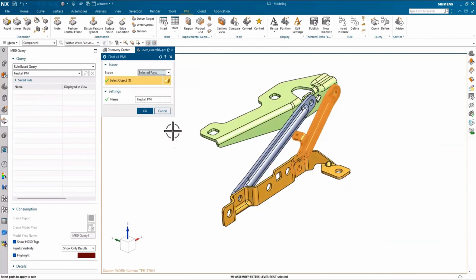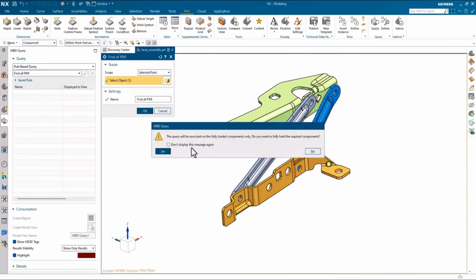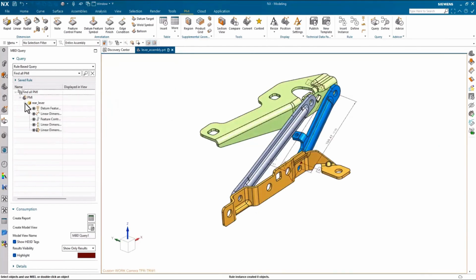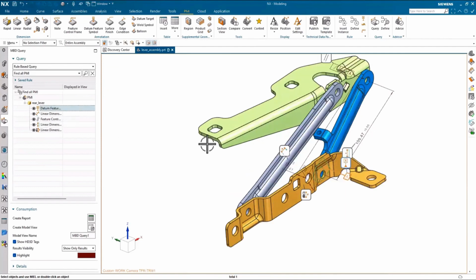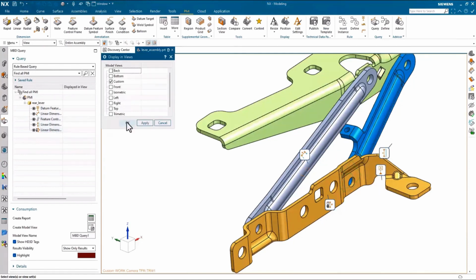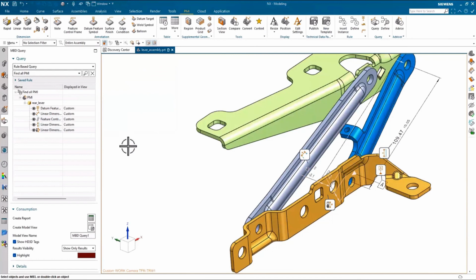Do I want all the part files, which would probably be too much information, but you can easily select a component, certain information, and drill down with that. So what it's found is, hey, on that blue part, here's the information we have on that one. What would you like to see at the assembly level? So you can select any or all of that and then display that into the view that you want to work on. So it's just a way of